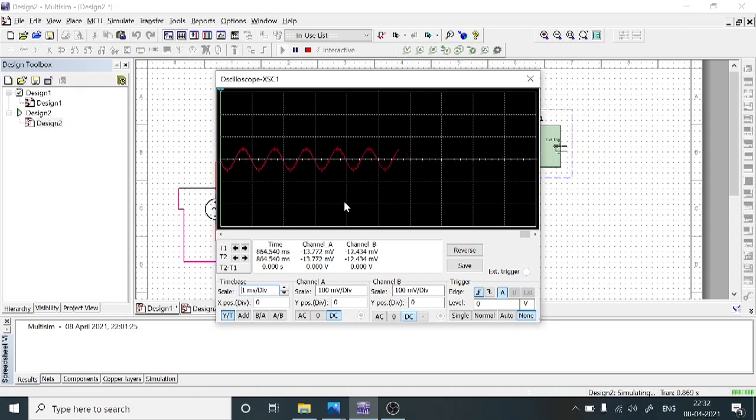A common drain also acts as a source follower circuit. We know that the gain is approximately 1. Gain approximately equal to unity means the output voltage is almost exactly equal to the input signal. That is the reason both responses look like the same representation. There is no phase shift and the magnitudes are also the same. If you want to understand clearly, I'll change this one here. Now you can check it.